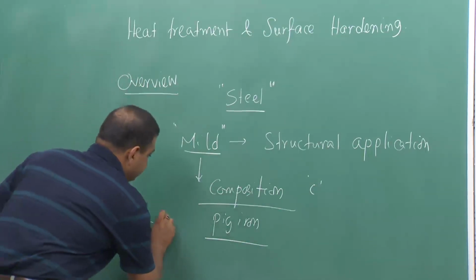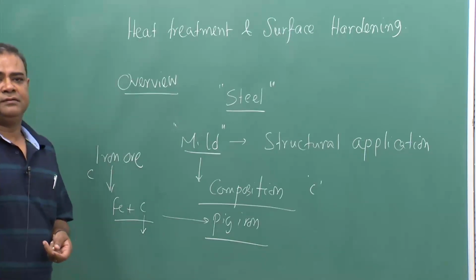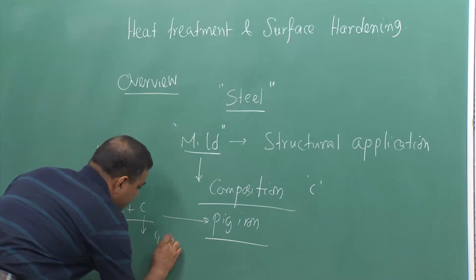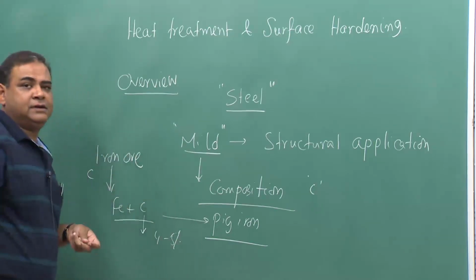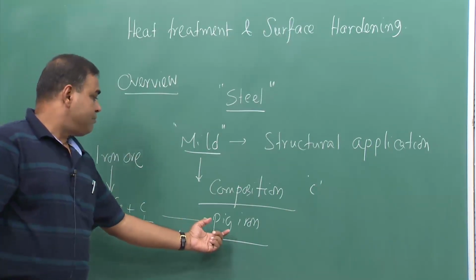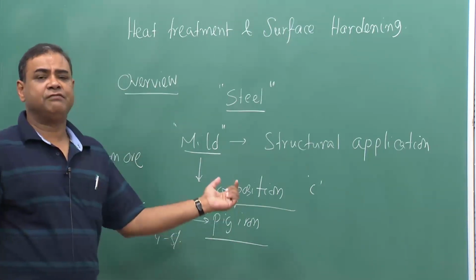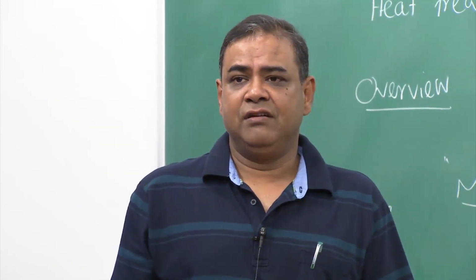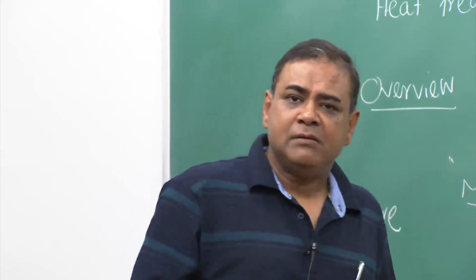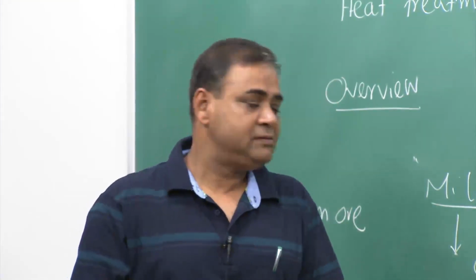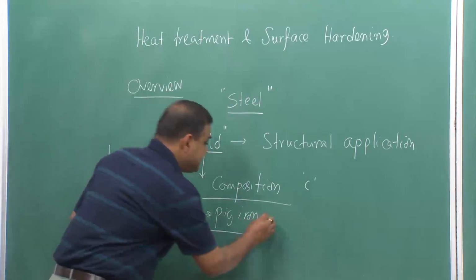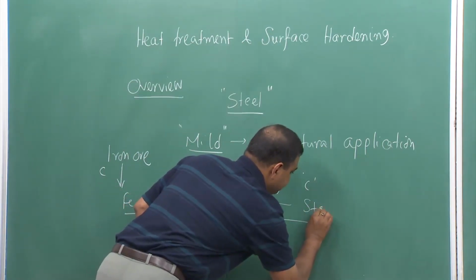And now that is basically nothing but the pig iron, and the carbon content could be 4 to 5% carbon. Now, that material, the pig iron, if we have a very high carbon content, its strength and its ductility are very minimal, because it becomes a brittle material. Now, from pig iron we use the steel making process